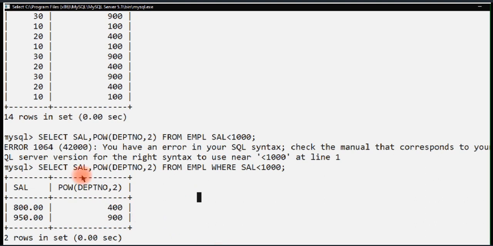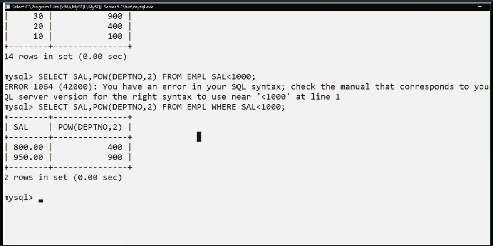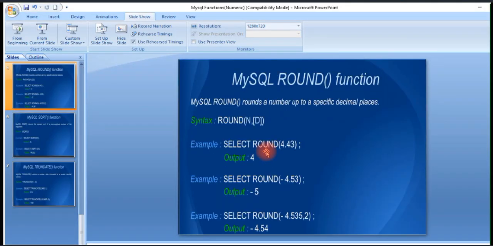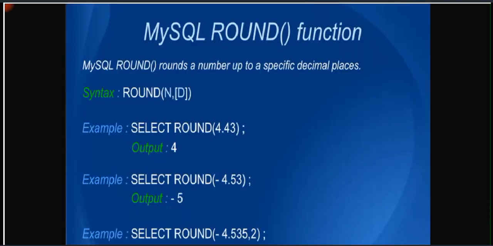Now students, you have to be very alert while watching this video because I am going to make this type of errors and you have to guess it. Now the next part that we are going to discuss is the round function. Basically what is a round function? Here we are rounding off our numeric values.